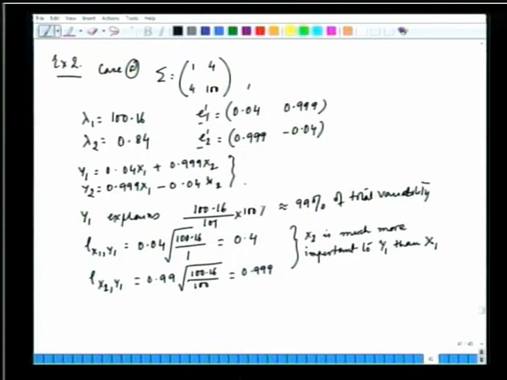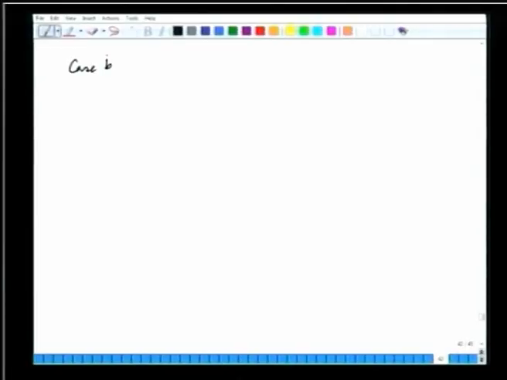Now, what is the true degree of this importance? Is it because of the much higher value of this second variance? To look into questions like this, what we should do is standardize the variables and work with the correlation coefficient matrix rather than the covariance matrix. So, that is what we are going to do now. We consider the case B part, where we have the correlation coefficient matrix calculated from the covariance matrix, just by defining the V to the power minus one half matrix, and then we can easily get the correlation coefficient matrix, and that is equal to